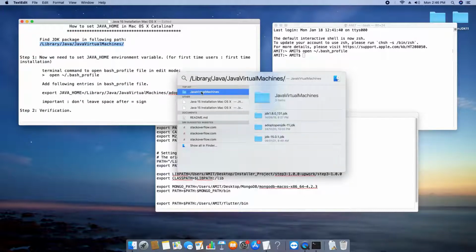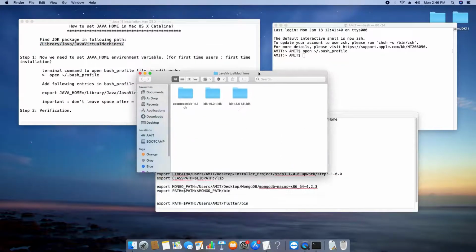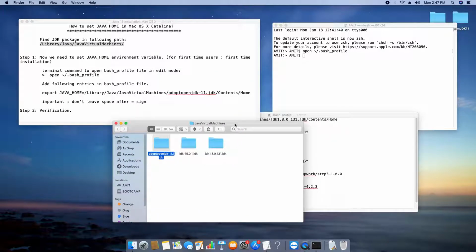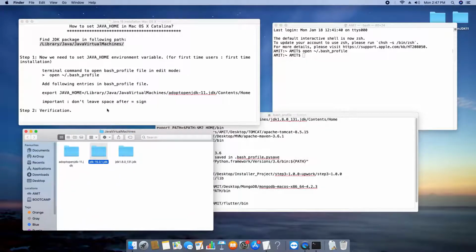Now open this Java virtual machine folder and you will find the installed Java packages. Right now in my case, I have three JDKs: OpenJDK 11, JDK 15 and JDK 1.8. Most of the time I was working with JDK 1.8. Now I switched to JDK 15, so I will set up JDK 15 in this tutorial.